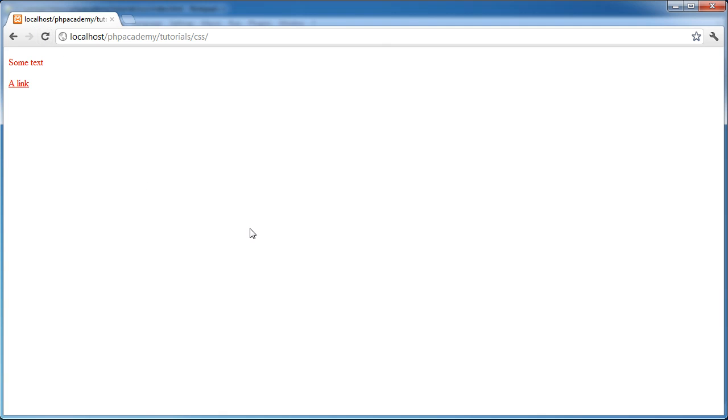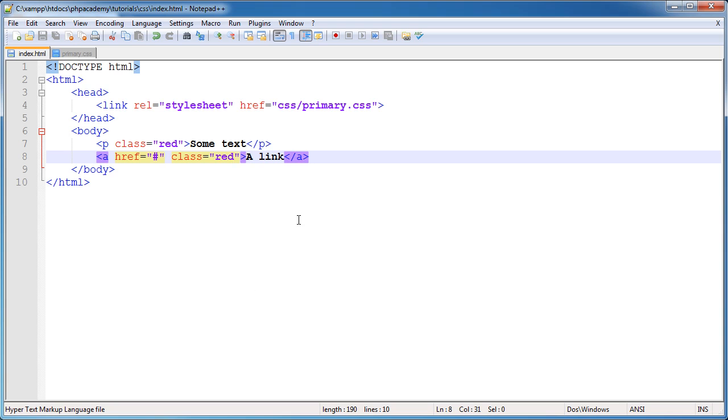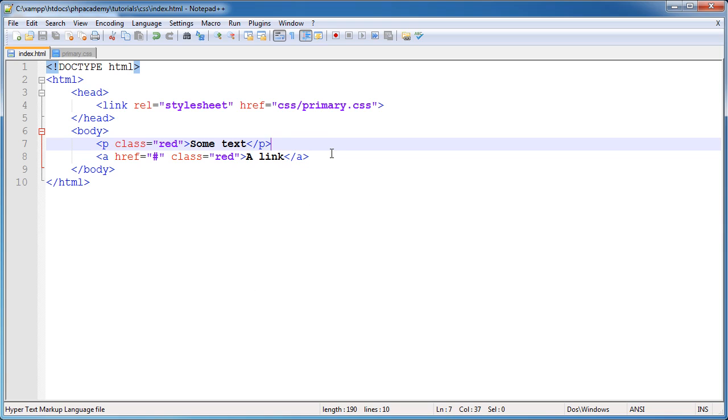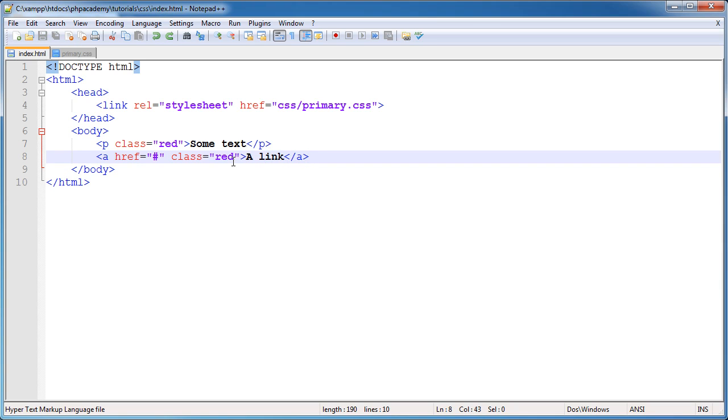Now this is obviously extremely bad practice, because every time we create a link on our page, or a paragraph on our page, we don't want to have to go and give it a class name. We're filling up our markup with unnecessary instructions, like, oh, I want this to be red, or I want this to be blue, or I want this to be bold. It's completely unnecessary. So there's a different type of selector that we can use for that, which we'll get to in just a moment. Let's just go ahead and look at styling an